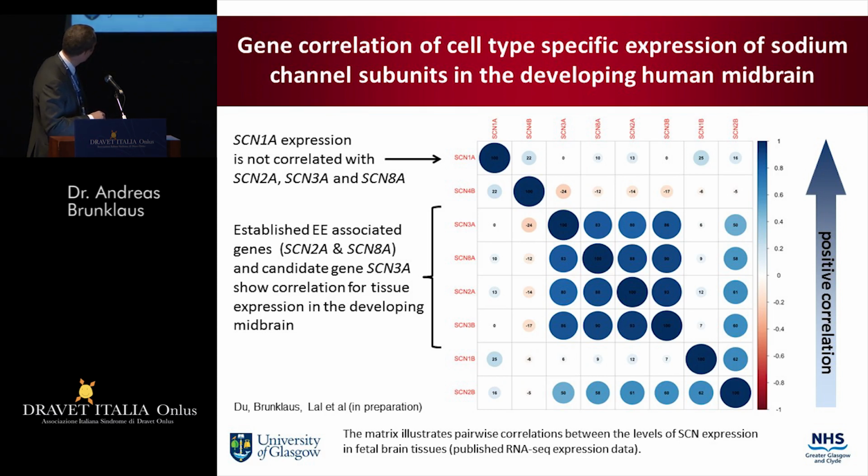And here you have, for example, SCN1A, obviously co-expressed with SCN1A. Then you've got SCN3A, 8A, 2A, and 3B. And what you can see here clearly is that SCN1A is not correlated with SCN3, 8, or 2A. However, if you look at SCN3, 8, and 2A, they're all co-expressed together, which would fit with the hypothesis of being gain-of-function variants, and here